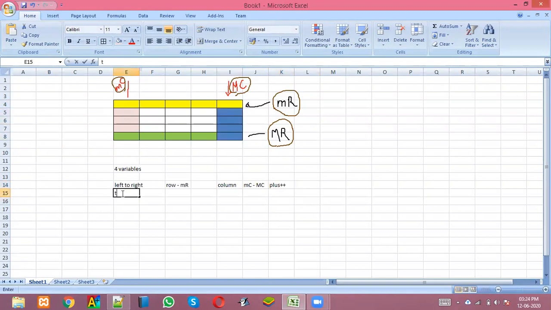This is from top to bottom. If you observe carefully, this is the column, correct? So the column number is going to remain constant. That is, the column is going to remain the maximum column, but the row number is going to change. We are not starting at minimum row. We are starting from minimum row plus 1.